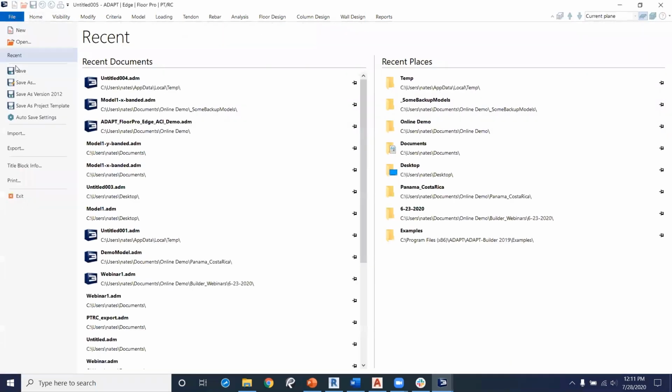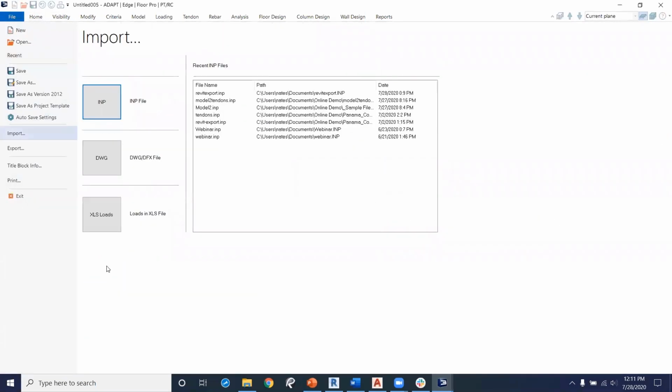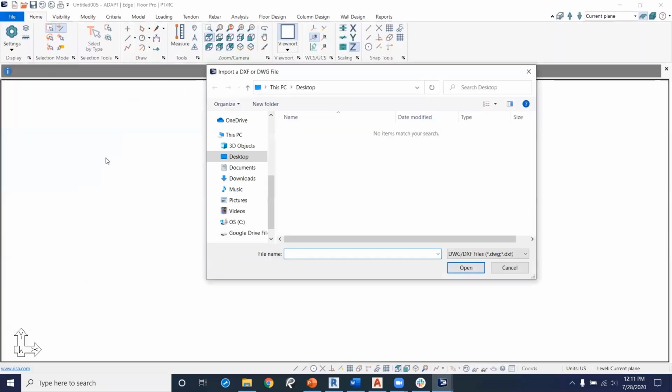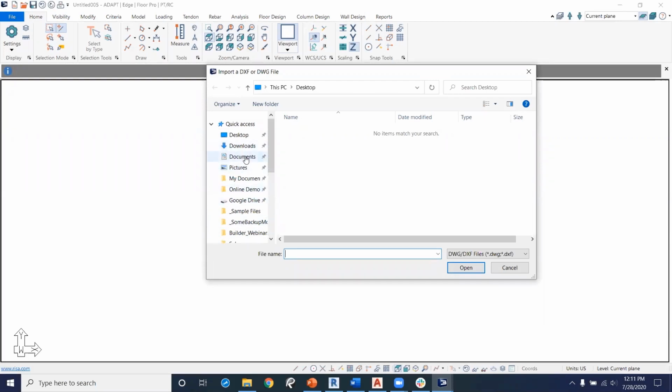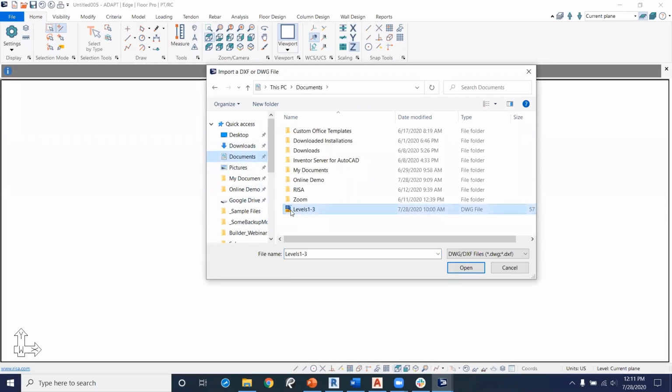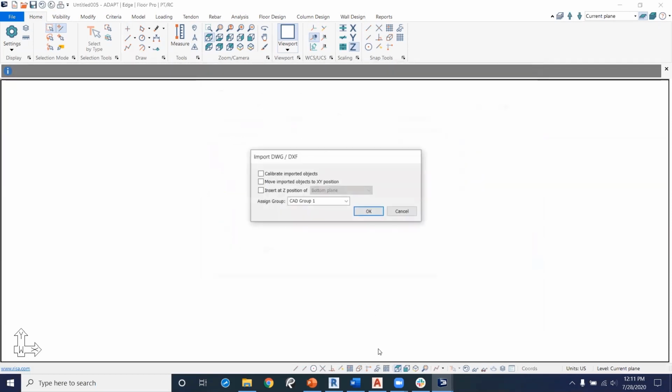If I go to File, Import, I have the option to select DWG. And I have a DWG over here for my typical levels. So if I click Open, I have a couple options regarding this DWG. I want to make sure that I calibrate it so that the scale of the drawing is correct when I